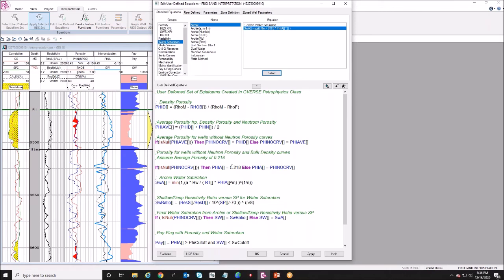Okay, so those equations you can plug in there. You simply select the equation you want and then drop it in there wherever your cursor is. Essentially what these are doing is, let's say, for instance, this density porosity equation, it's going through and it's saying I have a curve here, phi d. I'm creating this curve and I'm basing it on this equation, rho m minus rho b divided by rho m minus rho f. So these are curves that I have here with the square brackets, and these are parameters here